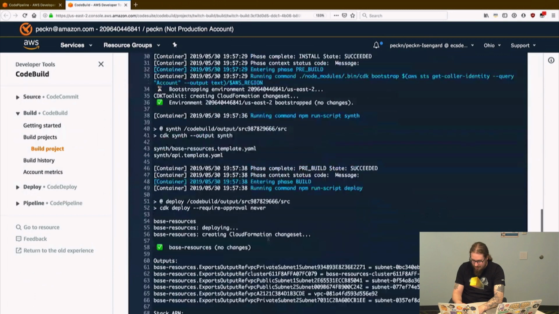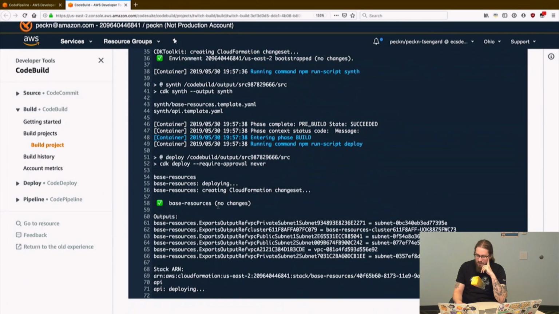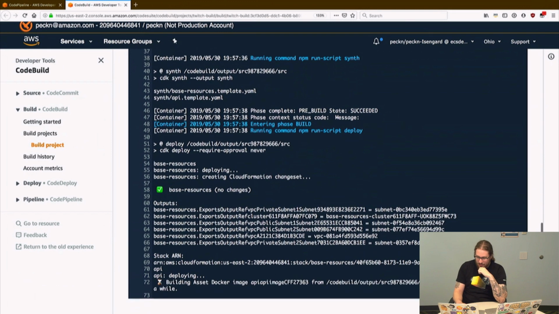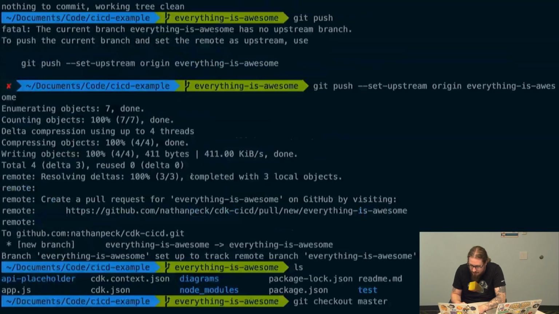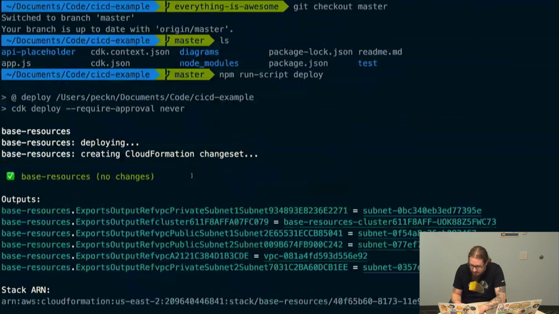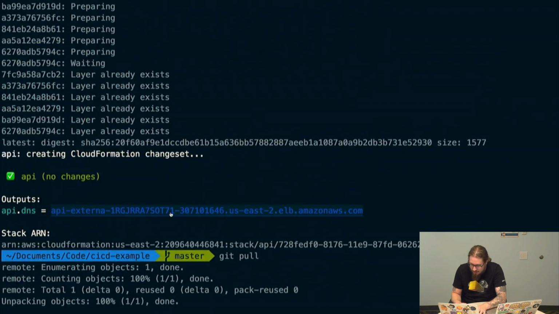So it's running again. And you can see that this time around, it was a little bit faster on the base resources, no changes. I believe that the very first time I rerun this, it will be a bit slower on the API because it hasn't populated the cache yet. I just enabled the cache right before I ran this build. But if I re-release it, it'll be able to use that cache and it'll be much faster. So this will work. But in the meantime, what I can do is go back over to my browser. Let me see if I can find my environment URL from earlier. And I can verify that,